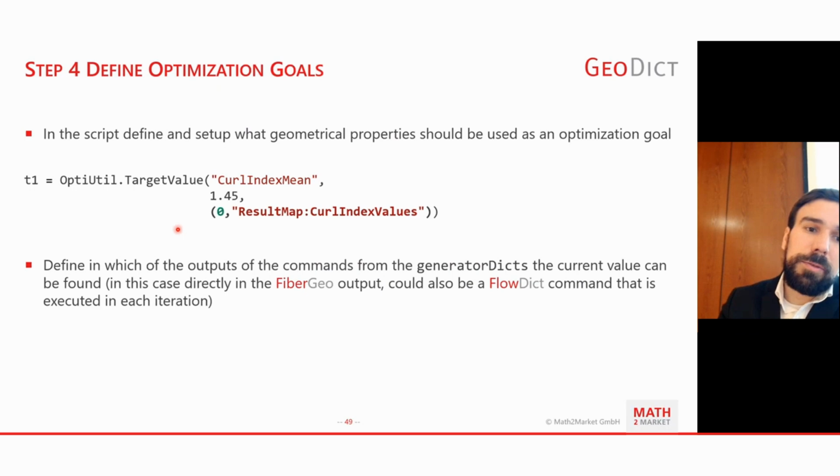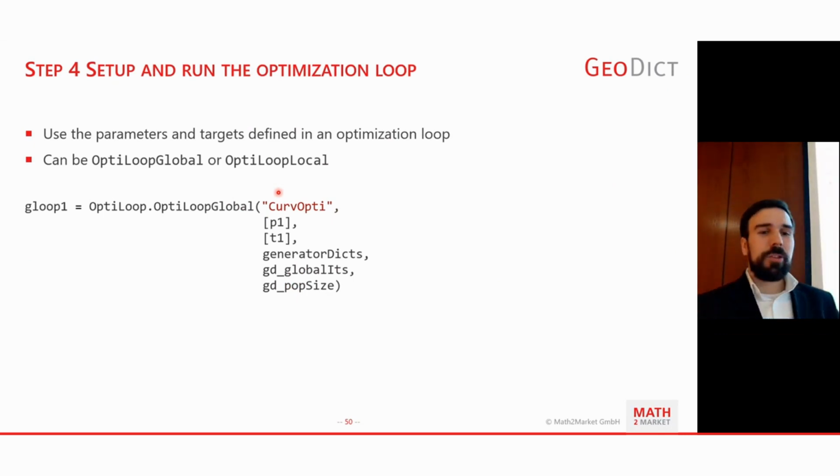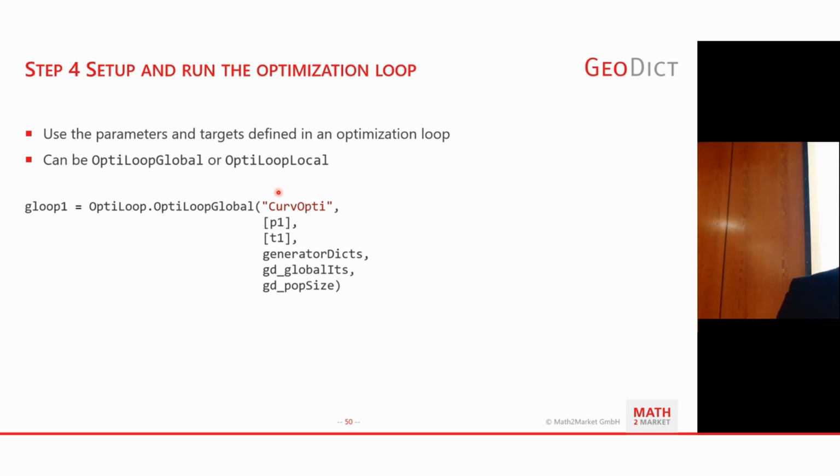And then similar to the optimization variable class before, we have in the end we tell that class how to find this in your result, so in your generation result. And of course, now we have parameters set up and we have optimization targets set up. Now we want to use them.